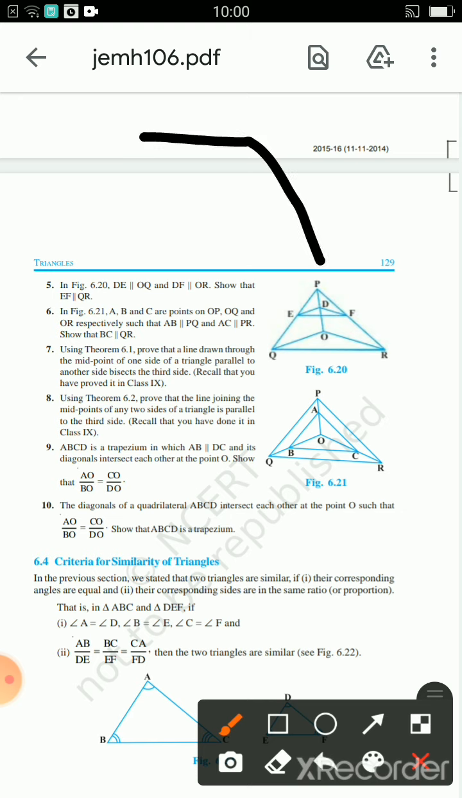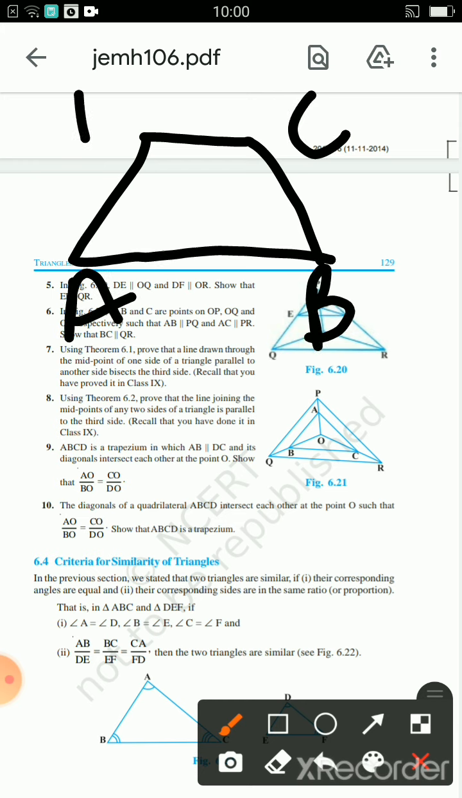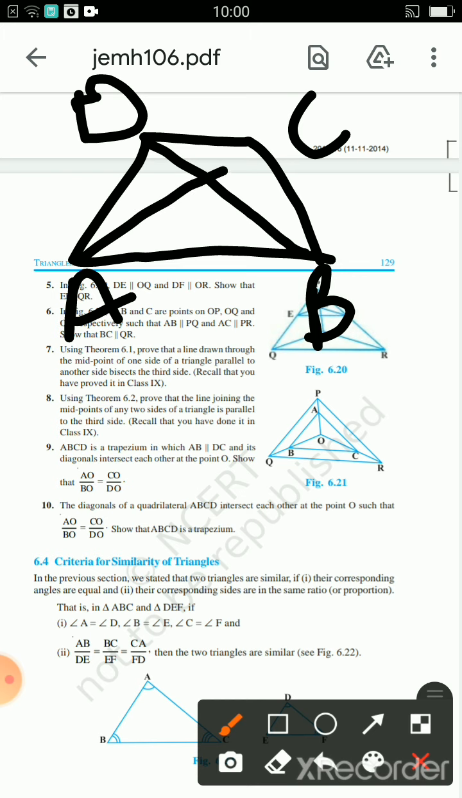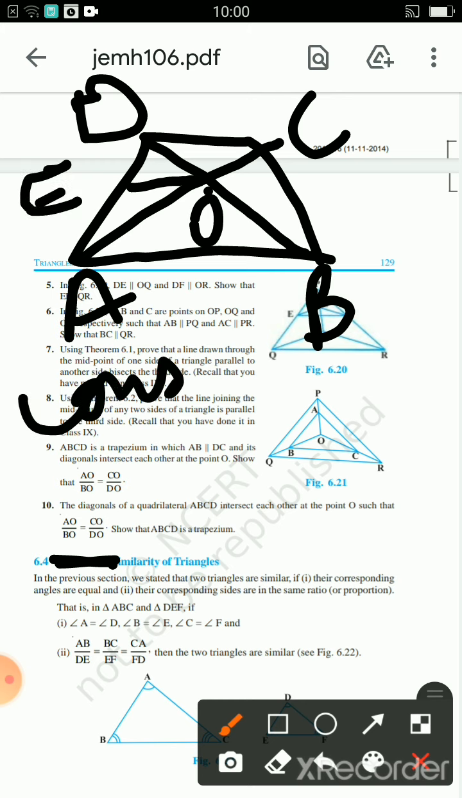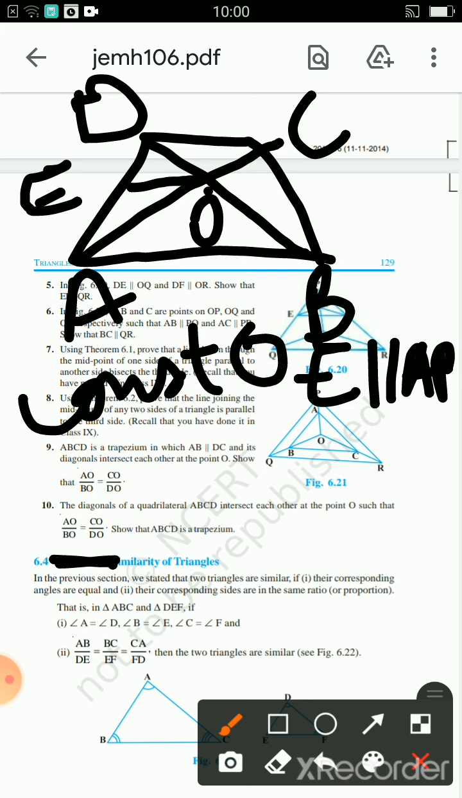So first of all, draw ABCD and just draw it as a trapezium only for your convenience. This is point O and the given thing is AO upon BO is equal to CO upon DO. Now again make a construction of OE. So you will write construction: OE parallel AB. We have constructed. So in triangle ABD, due to this construction, you will write that using BPT